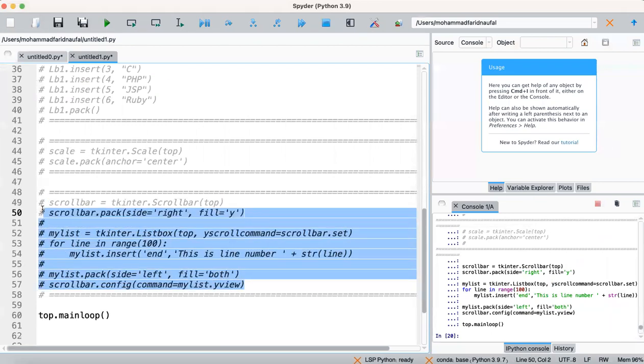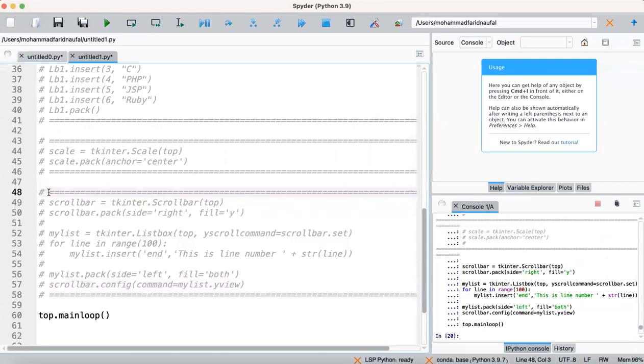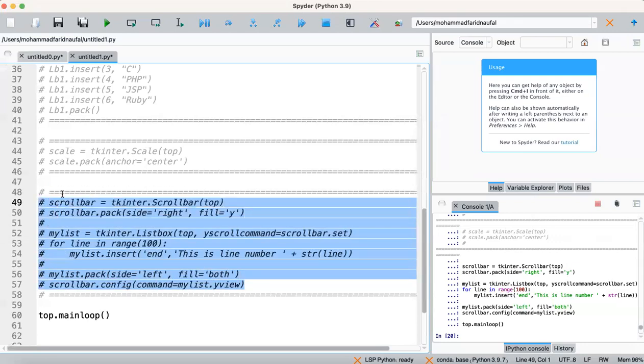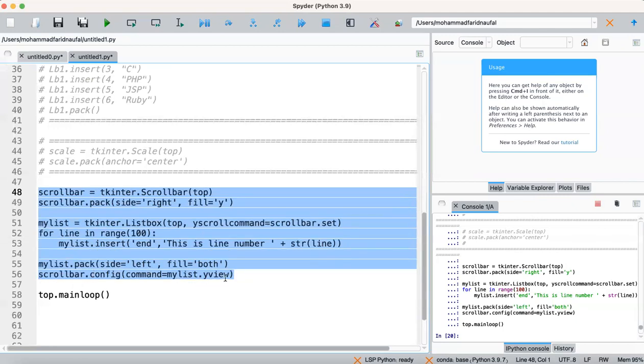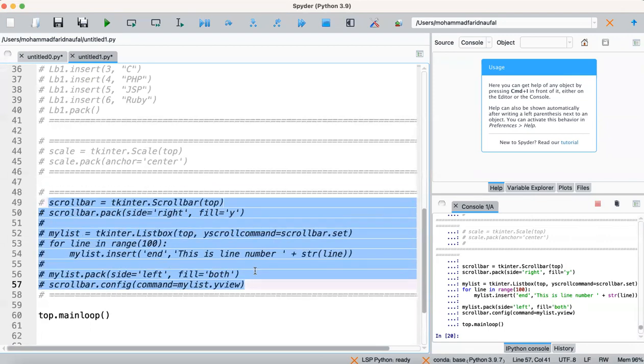If we want to uncomment it, you need to select the line, but you don't need to select the equals symbol. So we press Ctrl+1 and it will uncomment our line. But if we want to comment it again, we press Ctrl+4.